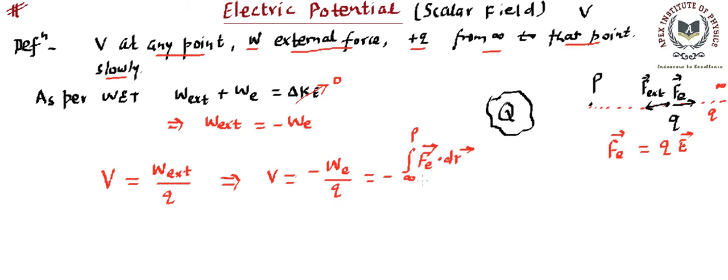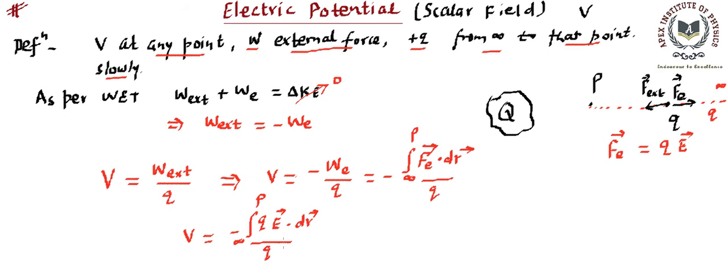And this has to be divided by Q as per the definition, right? Further simplification will lead to V is equal to, now let's substitute the value of electric force, which is going to be Q into E. So this will become minus integration Q and the electric field, which we have already calculated or know how to calculate, dot dr, and it's running from infinity to point P, that is the point of interest, divided by the charge